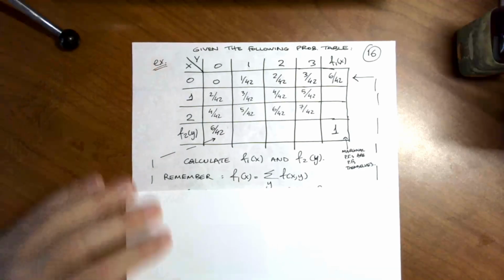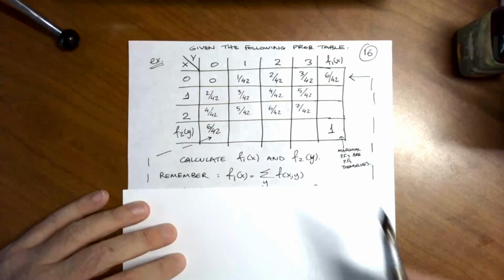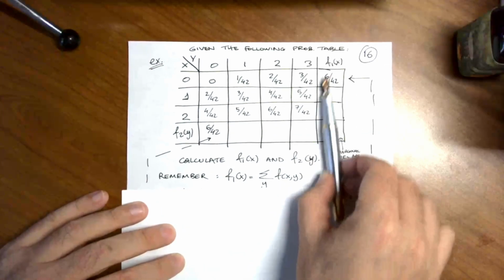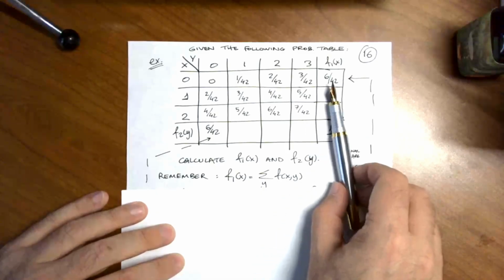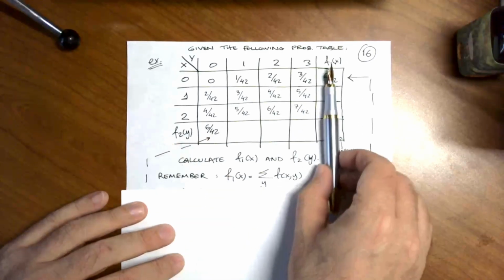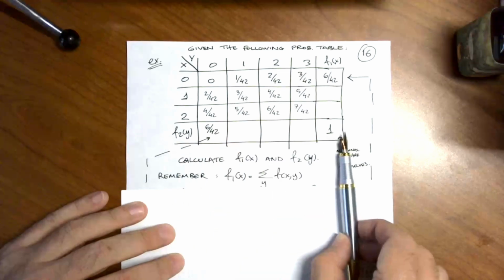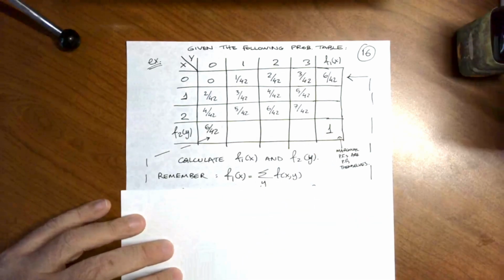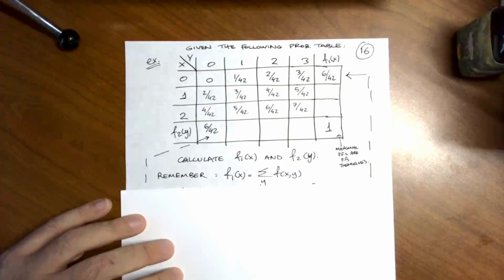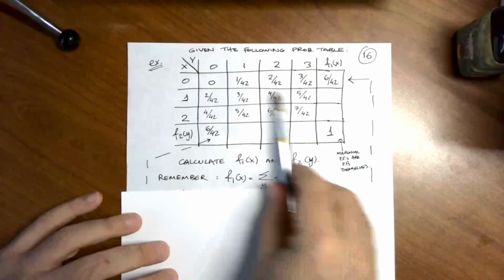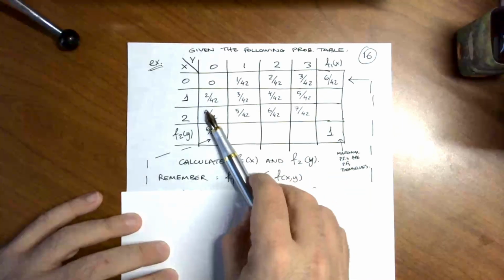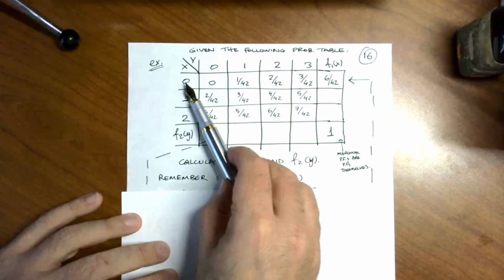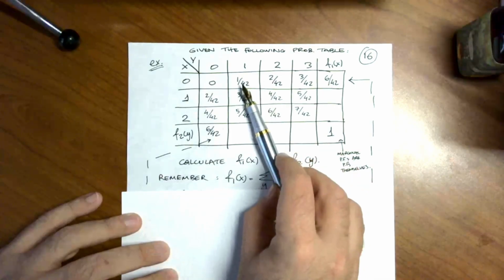And I'm going to add one column to the right that is going to capture the values of the marginal PF of x, and one row at the bottom that is going to capture the values of the marginal PF of y. So the inner probabilities are things that you have already seen. These are the probability that you're going to observe the occurrence of 0 and 1 simultaneously, 1 over 42,